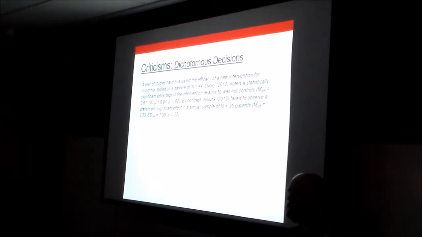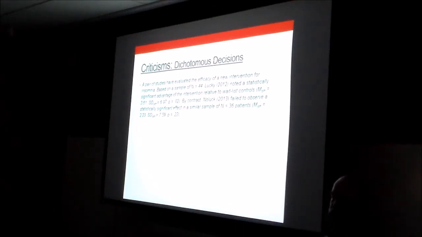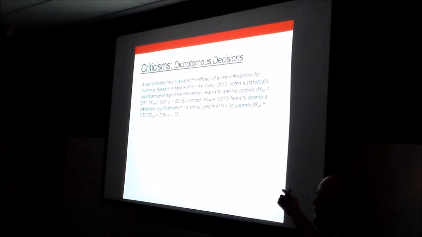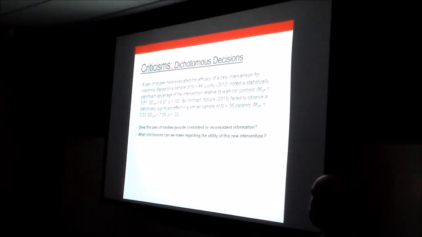That maybe what Lucky found was spurious. Yeah, right. It's inconclusive, right? I don't know. We got one study predicting one thing, another study predicting the other thing, right? If we're just saying Lucky won, no luck, didn't win, right? Who knows, right? But if we start to go through and take a look at our confidence intervals for both